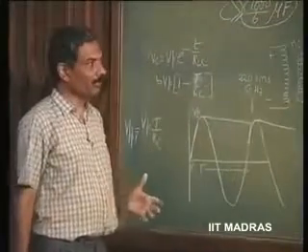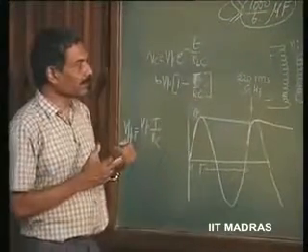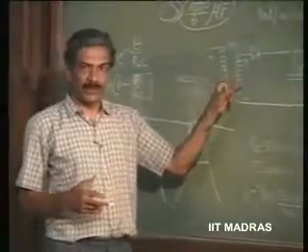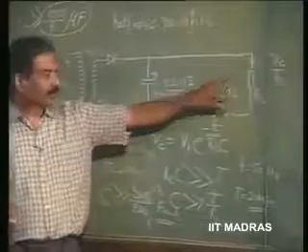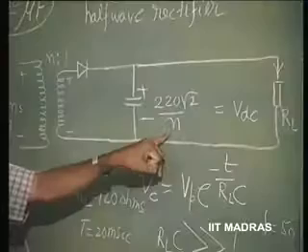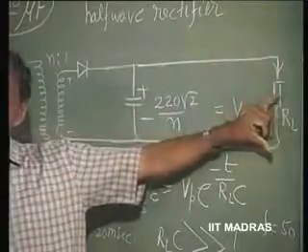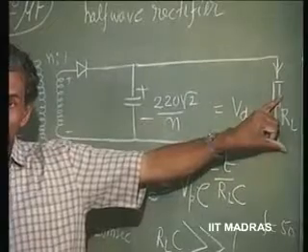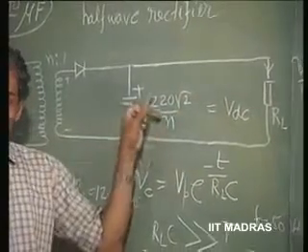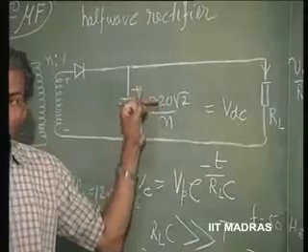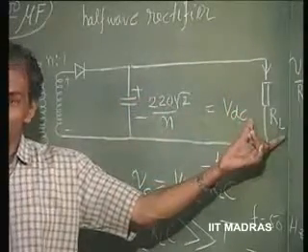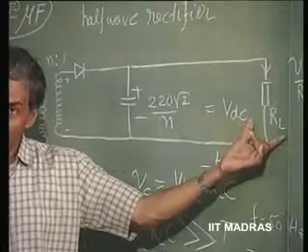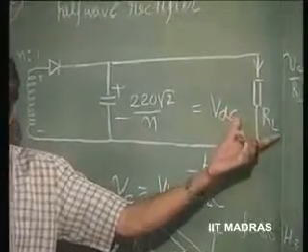So the complete design of which you already have here. For any given problem, you should be able to know these things. First of all, what should be the turns ratio that I should select, based on what value of DC I should have here. Therefore N is fixed. Then I should know what is the maximum current I am going to draw with this power supply. That will tell us that VDC divided by that maximum current will be the worst case resistance, which is going to cause maximum ripple. So that is what is chosen.